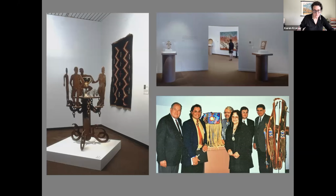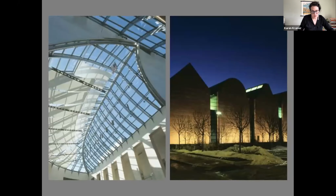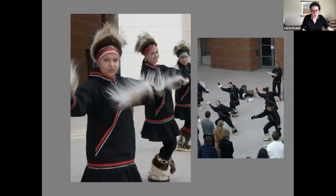This was my training. And then in 2003, the museum reopened after a multi-year expansion and renovation project, and Native American art had its own gallery. And then from there, we really started rolling with even more with Native American art. We received 10 years of funding through the Education through Cultural and Historical Organizations grant, which was a subsection of the No Child Left Behind Act. And that allowed us to do a lot of cultural exchange and collection sharing with institutions and communities in Alaska